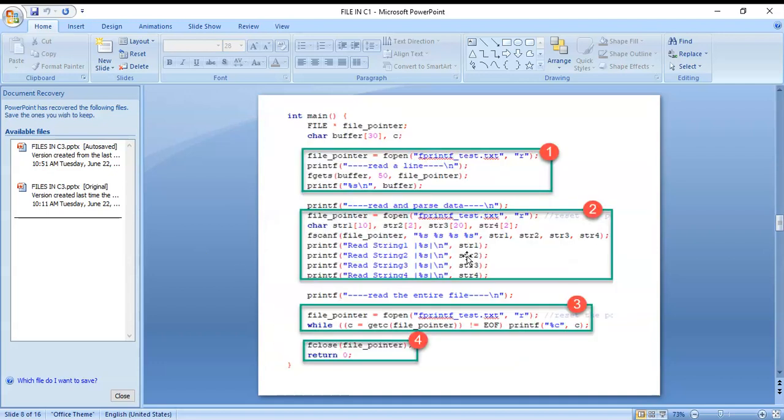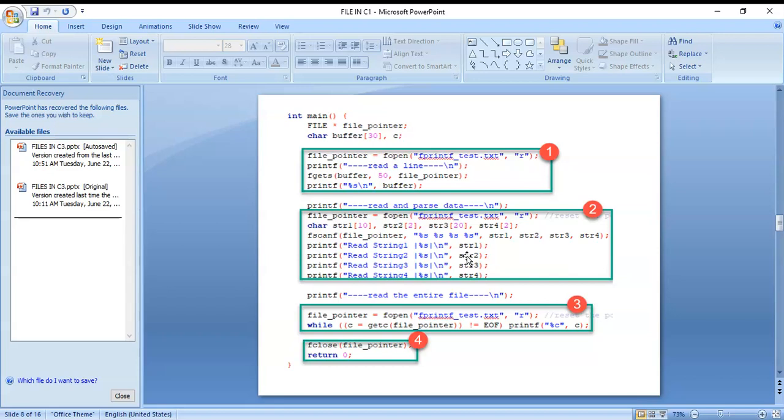And next you can see here the int main function, and here a file pointer, file_pointer, and a character buffer, comma, c. The file_pointer is fopen of fprintf_test.txt, comma, "r". Printf "read a line".